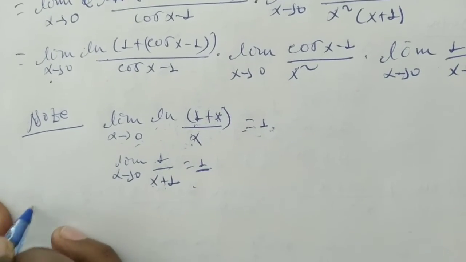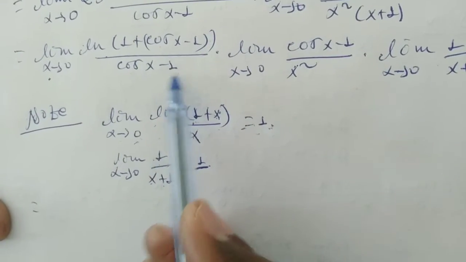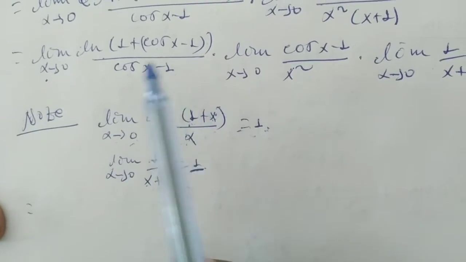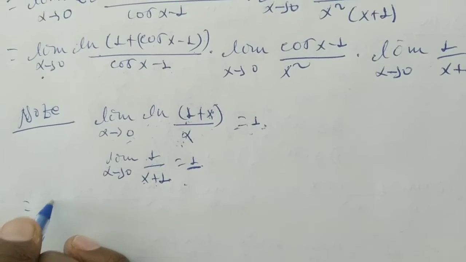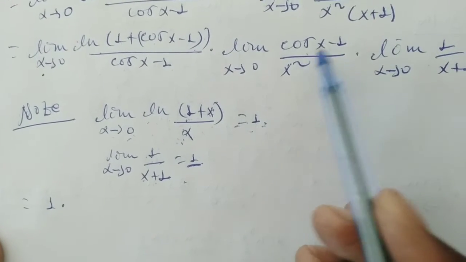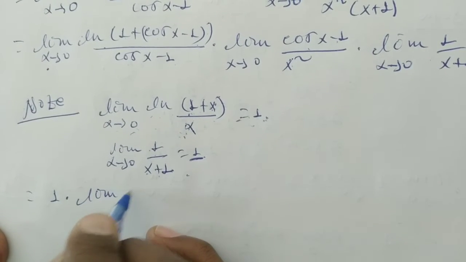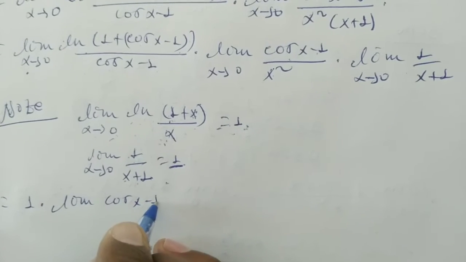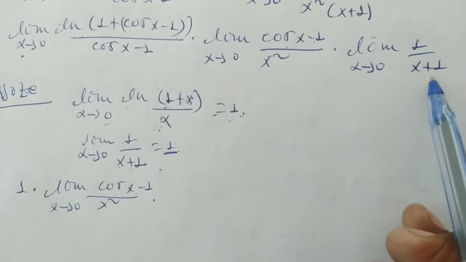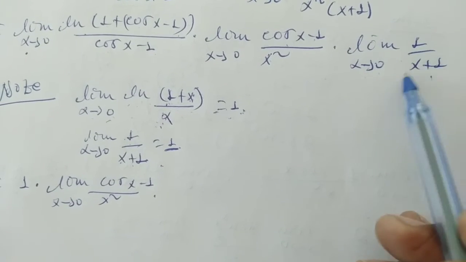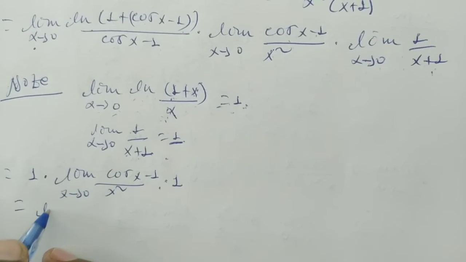እሱን እንደዛ ትይዛላችሁ። እዚህ ኳልስቱ ወደዚህኛው ስንመለስ limit of ln of 1 + cos of x - 1 over cos of x - 1, cos of x - 1 x ነው ማለት ነው። ስለዚህ ይሄኛው 1 ነው የሚሆነው 1 times limit of cos of x - 1 over x square when x goes to 0 times limit of 1 over x plus 1 when x goes to 0, 1 over 0 plus 1, 1 over 1, 1 ነው ማለት ነው times 1